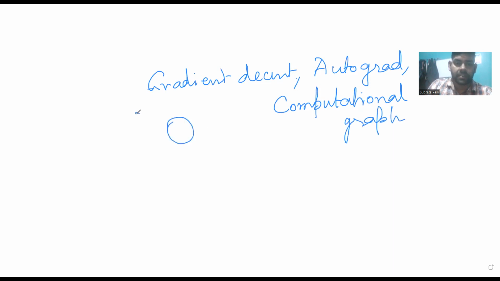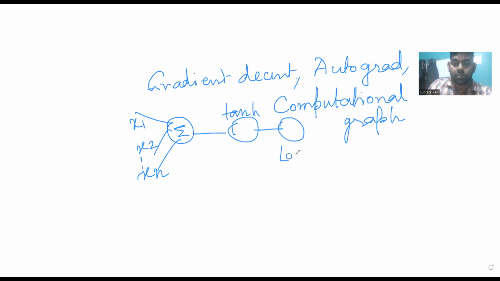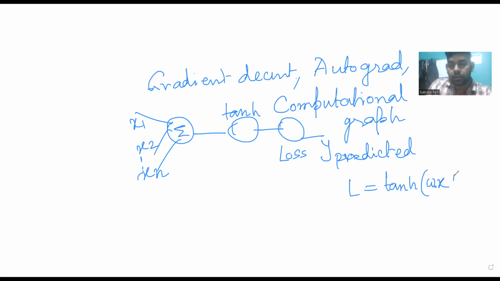So suppose that we have a very basic neural network with some inputs. I hope we all are familiar with this. There is an activation function and there is some loss computation and the output, that is y predicted. Now clearly here the loss can be computed by subtracting this y predicted from y true, and suppose we are using a mean